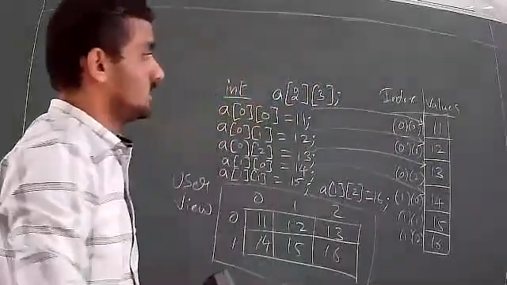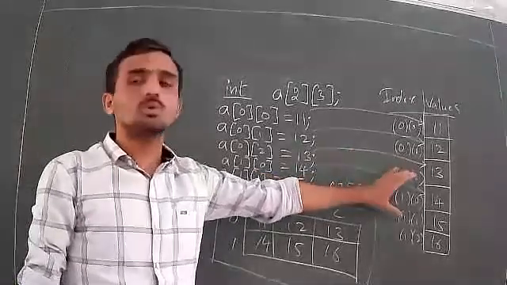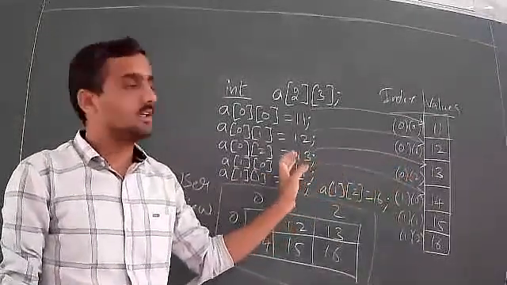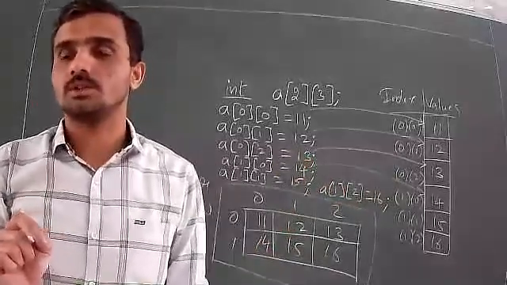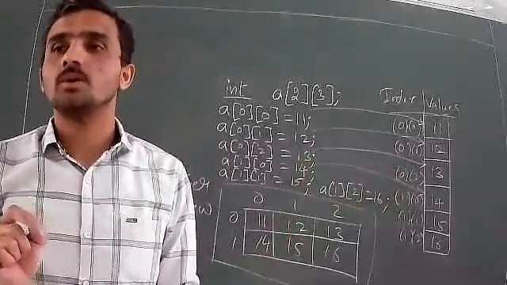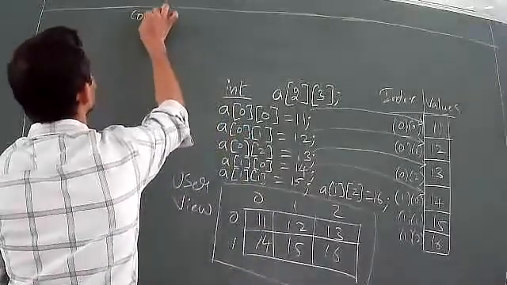Okay. Just look here. If I want to print the values stored in computer memory on a console screen, on the output screen, that is the black screen, we know that we have the statement called cout. By making use of that cout statement, we have to write the code. So if I write, for example, cout,